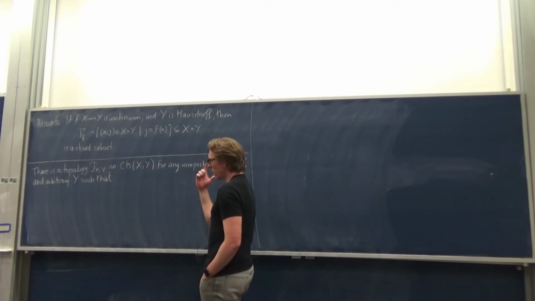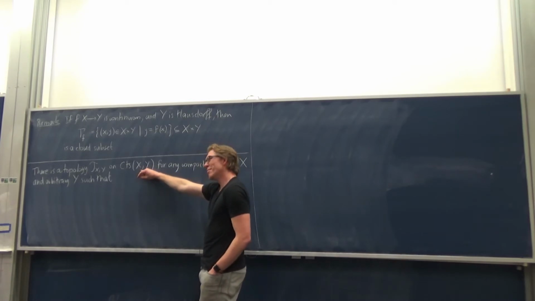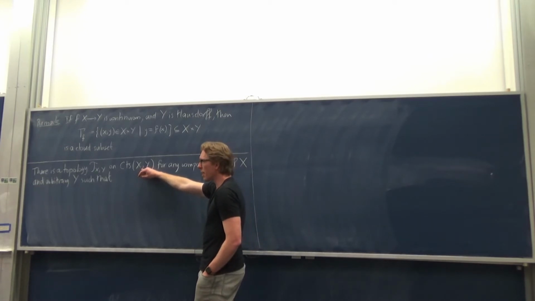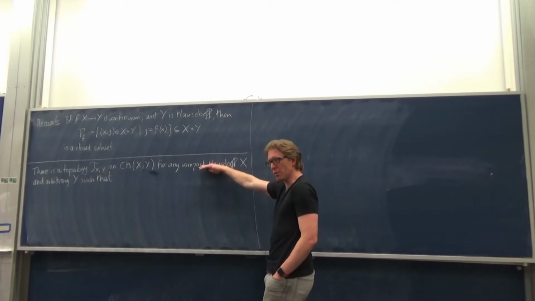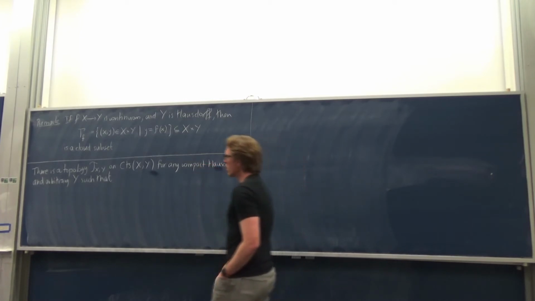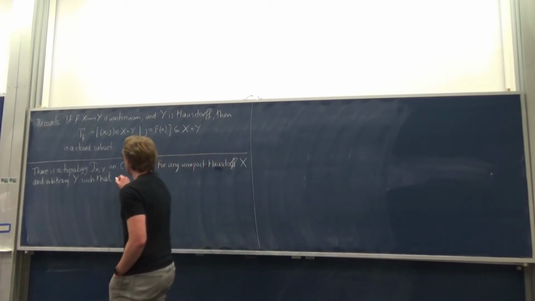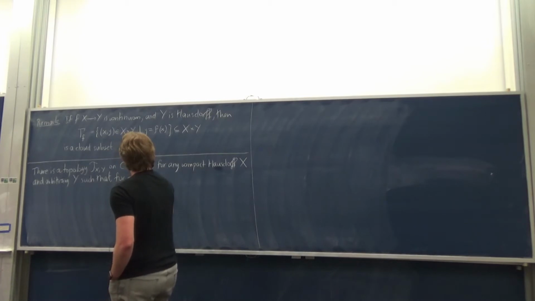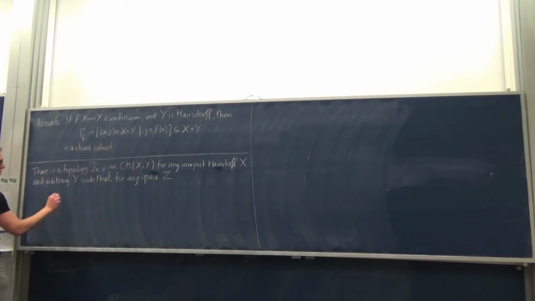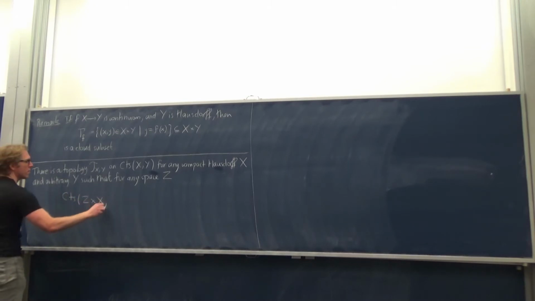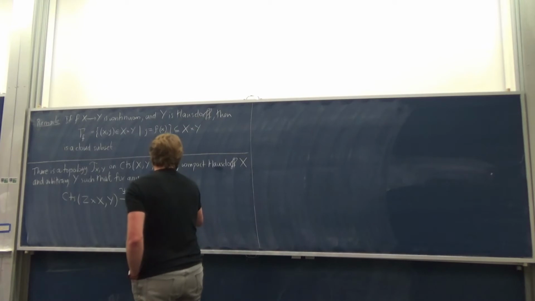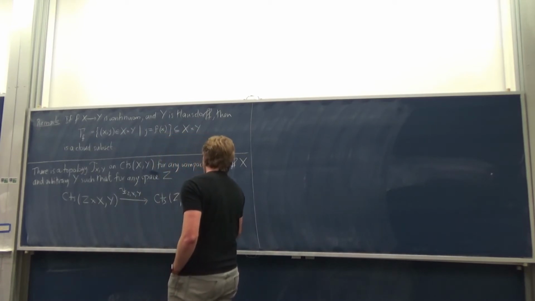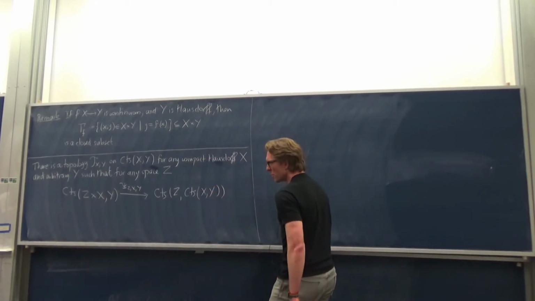I mean, we can define a topology, and we will, on this set for any X, but it's not clear it's very interesting. It has very good properties if X is compact and Hausdorff, as we'll show. Outside of that, I'm not sure it's super interesting to think about this space. So this is the case of primary focus, and that's why we cared so much for so long about compact and Hausdorff spaces. So we're going to put a topology on that, and it's going to have the property that for any space Z, the following map